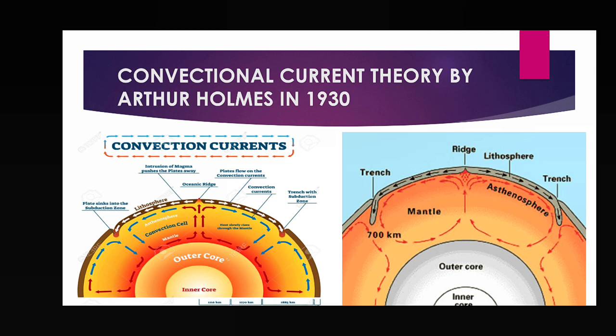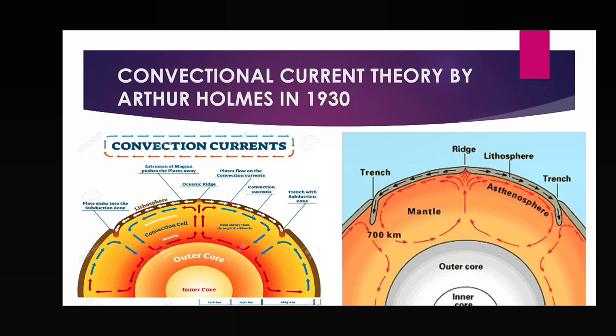And what is the concept? Convectional current theory. So let us find out what the convectional current is. Convectional current means, just one example I want to give here. When we are boiling water, at that time also convectional movement is going on. When we are boiling water, from the bottom of the pot the water gets warm, because in the lower layer of the water the temperature is more,